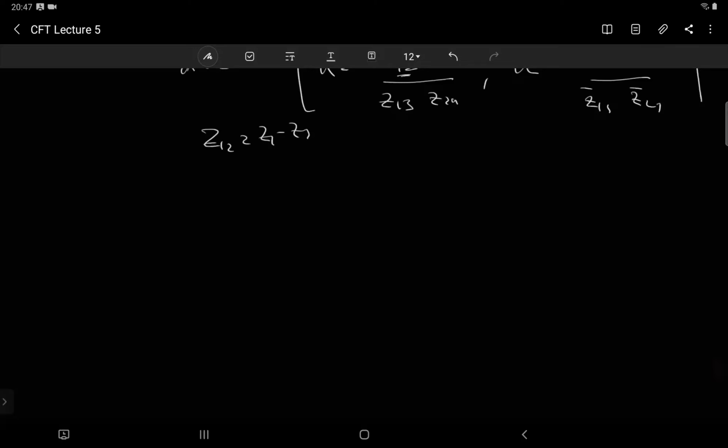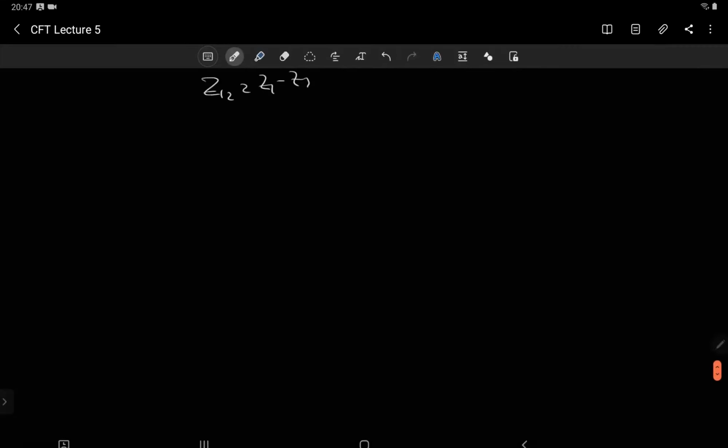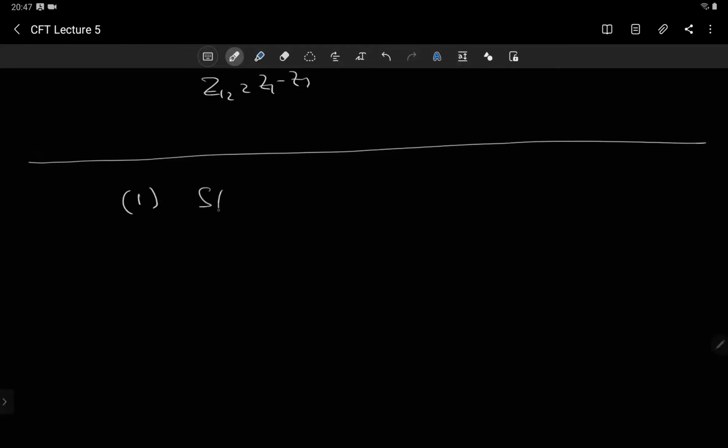Yeah. So actually this is a good point to stop, because this is where we have finished the first part. The first part was the definition of conformal transformations and their action on space-time. So this is the first part, the space-time action of the conformal group, meaning how does the conformal group act on d-dimensional space-time. We saw that the conformal group is isomorphic to SO(d,2). We saw the set of continuous conformal transformations. We saw what kind of functions are invariant under these conformal transformations.